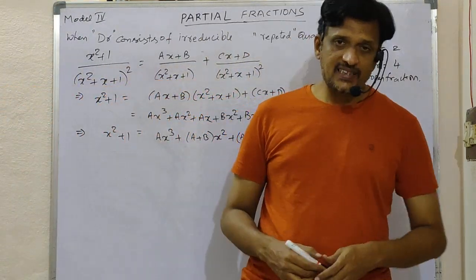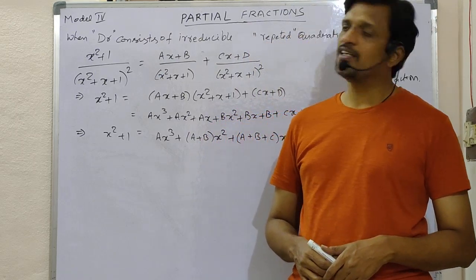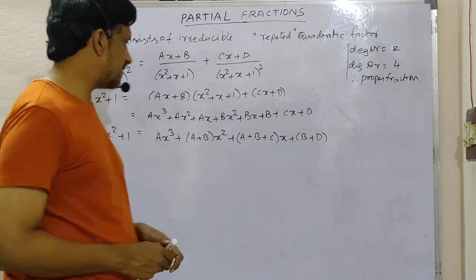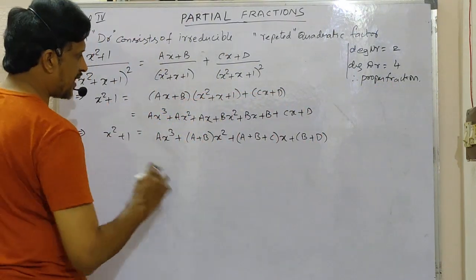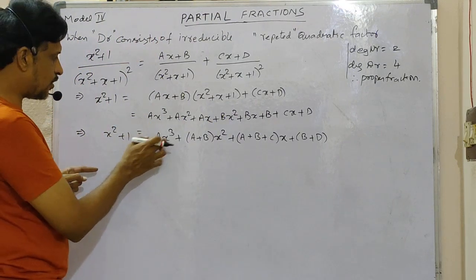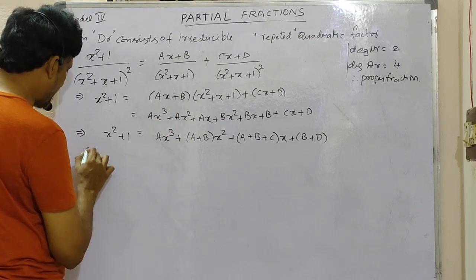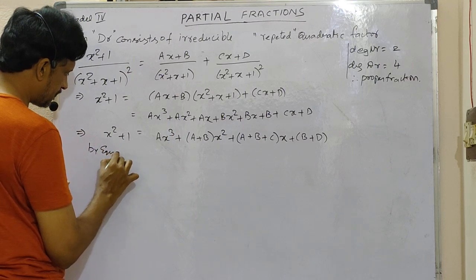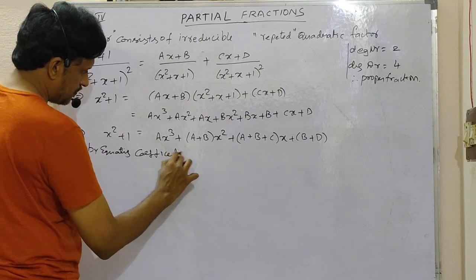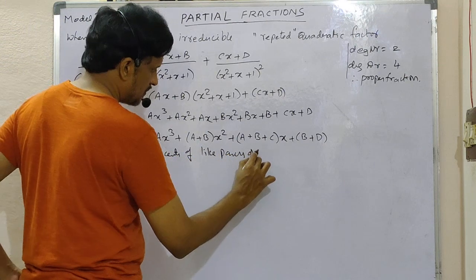Now these two are equal means again by equating the coefficients of like powers of x on either sides, you can calculate the values of unknowns a, b, c and d here. In the RHS part x cube term is there, but in the LHS part x cube is not there. That means that a should be 0, then only 0 into x cube will be 0, that is eliminated from the given by equating coefficients of like powers of x on both sides.